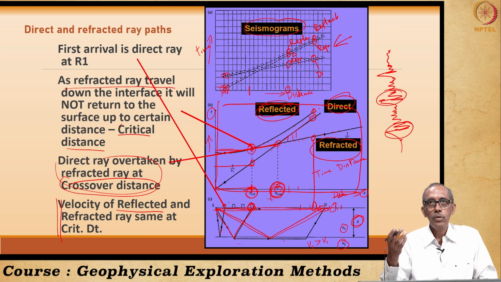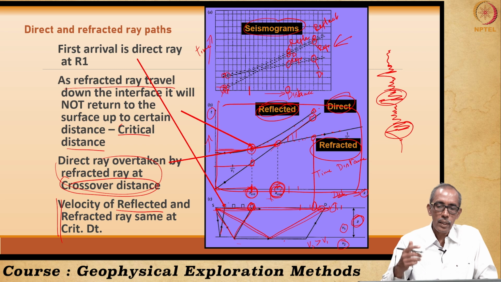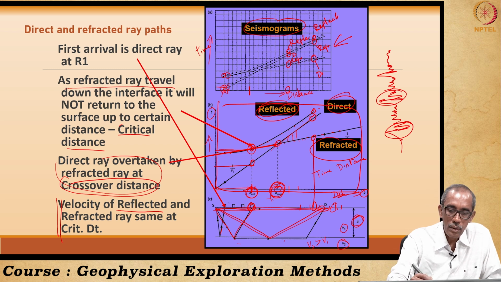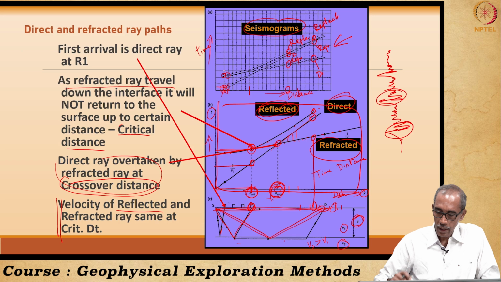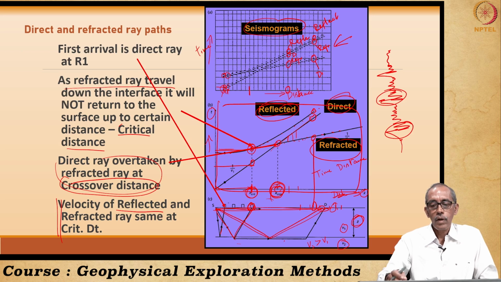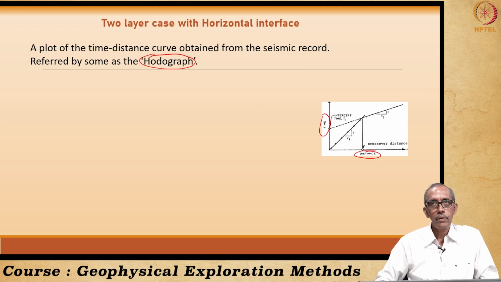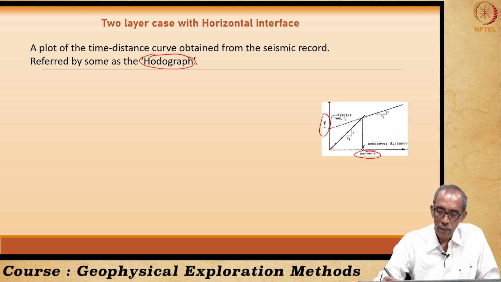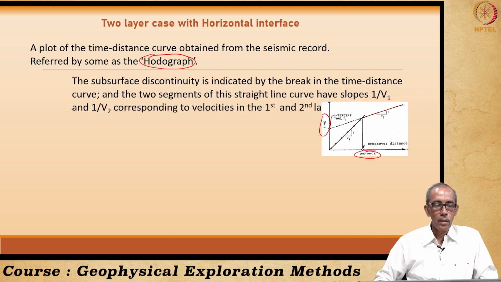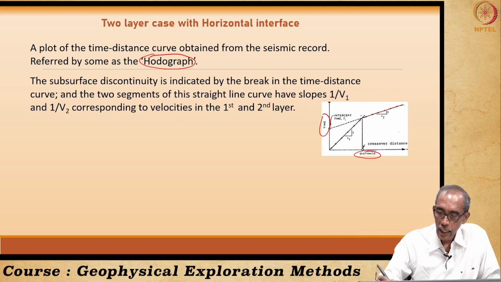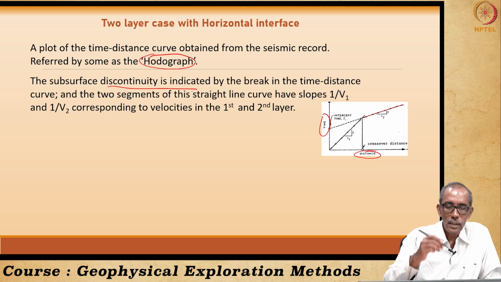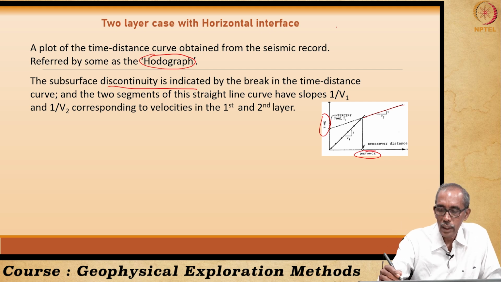Now we have used about 20 geophones. They are at different distances. What are the arrival times? Especially the first major arrival, second major arrival, third major arrival, right. This is what we have plotted here. But here, since we are going to focus only on the refraction method, we are plotting the arrival times of direct and the refracted signals. Now, we can understand the location of the bedding plane or discontinuity in the subsurface.